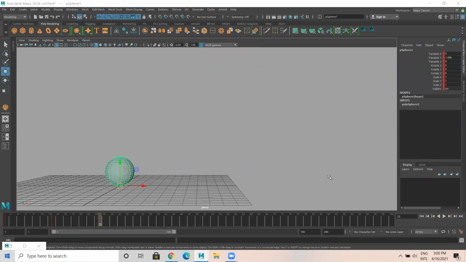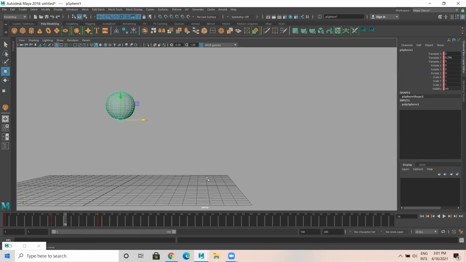Any doubt? See this axis, right? I want my sphere to move like this while bouncing. So which axis is affecting? Translate X. Simple.